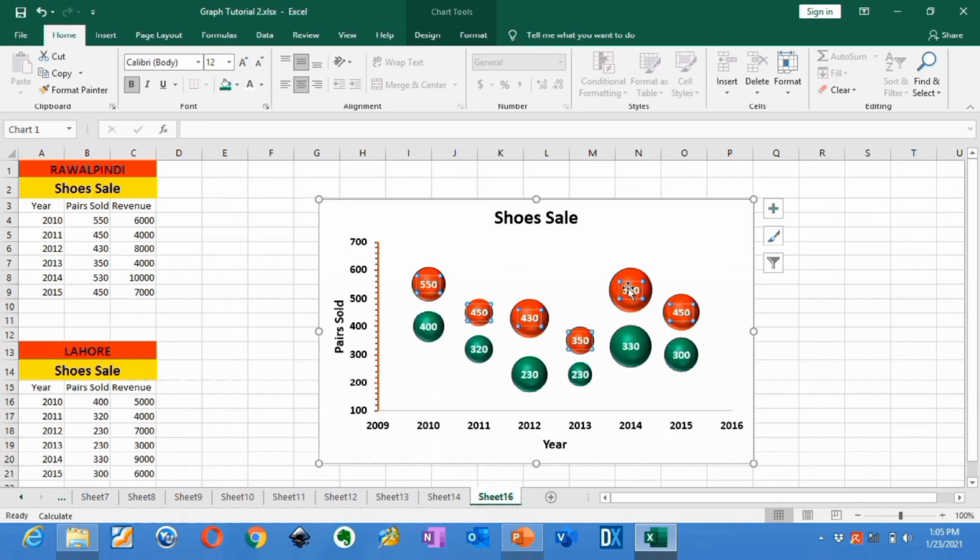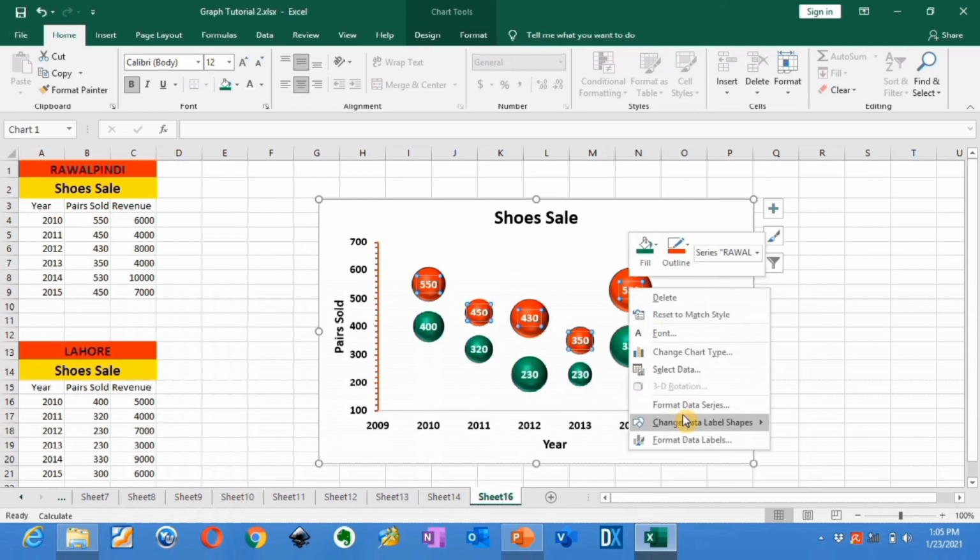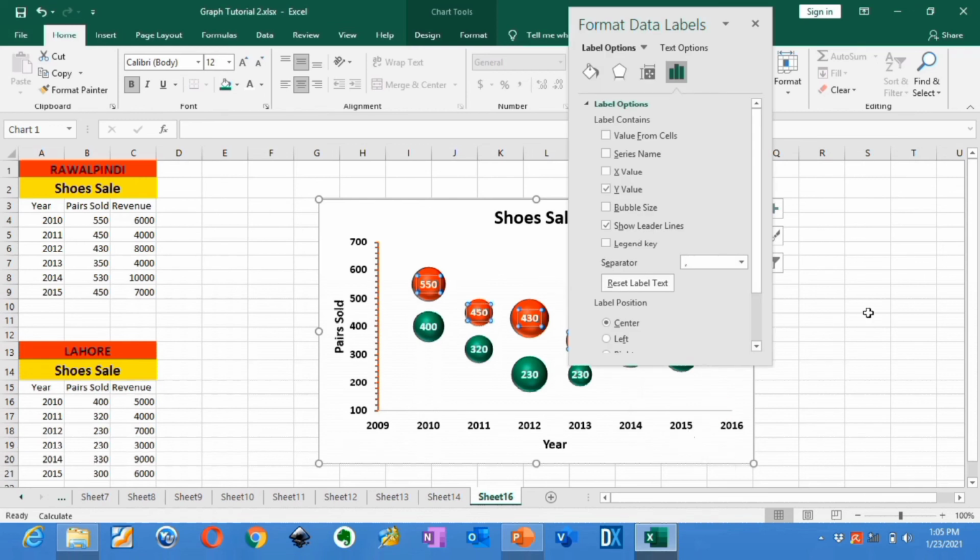Now select this data series, right click, go to format data labels. From here you can adjust its position. It is currently set to center, that is fine. Now I will use this value from cells option to insert these revenue values inside the circle as data labels.